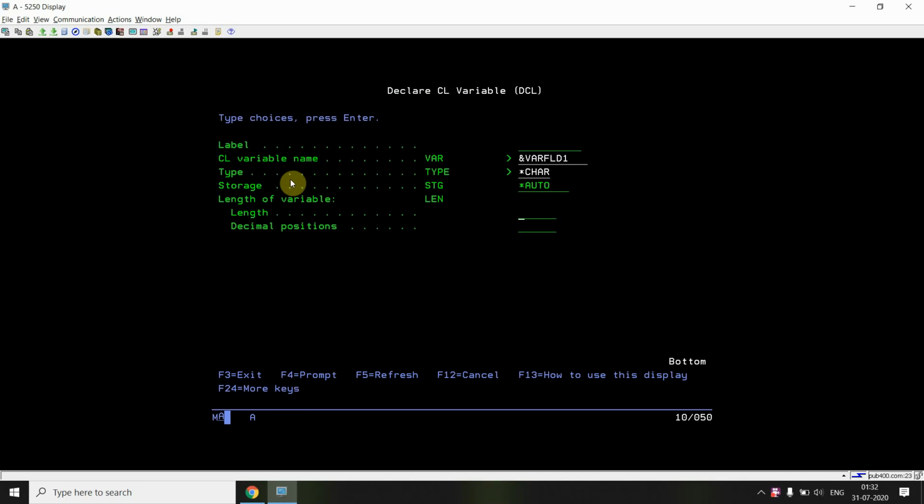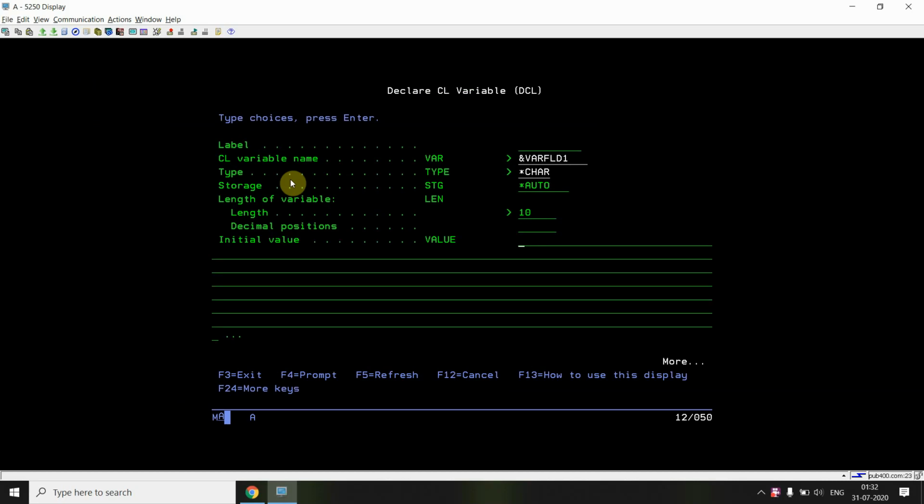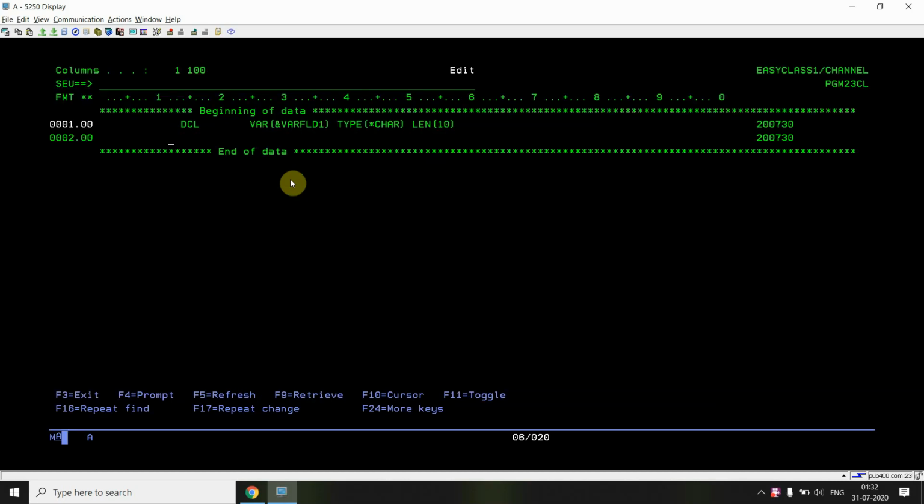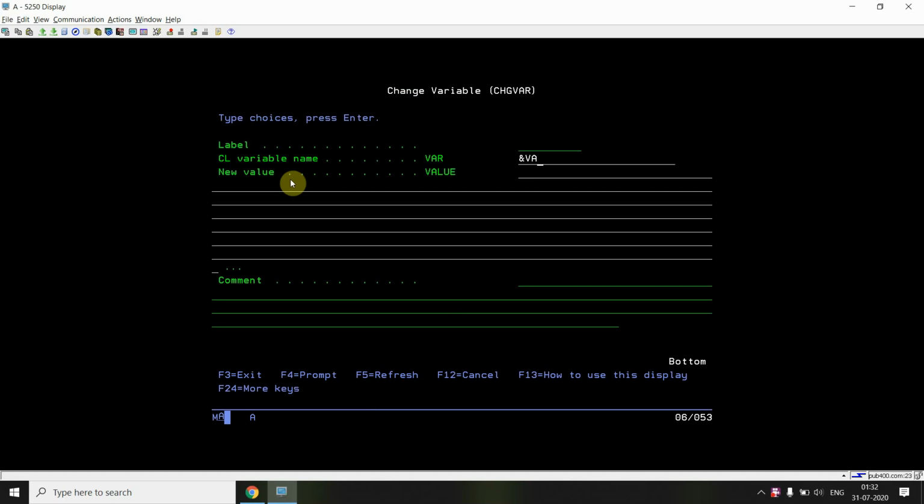I get the prompt for length, 10. I define the length as 10 and then use change variable, assigning a value to varfld1, for example ABCDEFGHIJ.